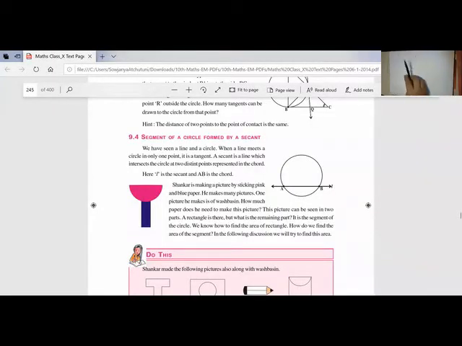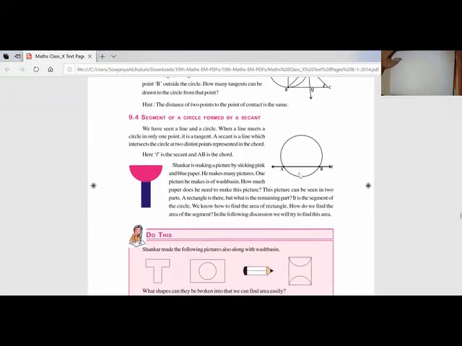Let us understand secants. Earlier we have studied tangents. Now we'll understand secants and the segment covered by a secant. Suppose this is the secant. Secant means it has two intersecting points, while a tangent has only one intersecting point. So this is a segment covered by the secant. This is a larger segment and this is a smaller segment. If it cuts at a diameter, we have equal segments. But on the other side, we have a smaller segment and a larger segment.